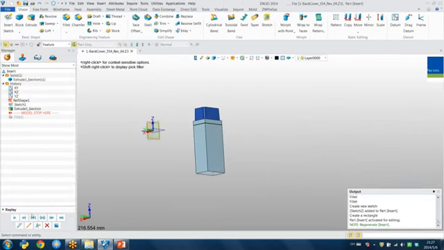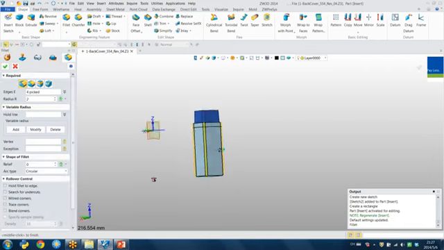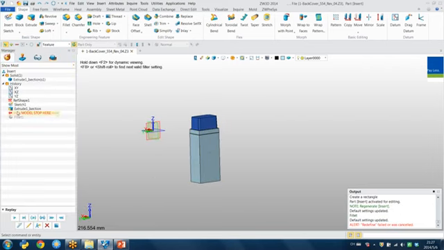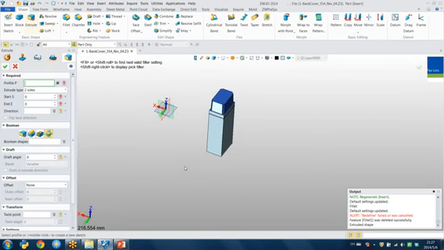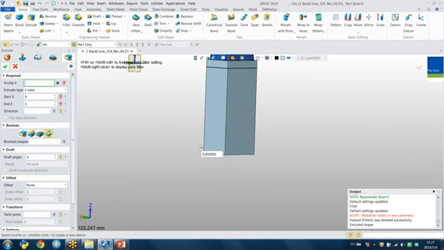You don't need to correct the sketch for this. You can use the extrude functions to correct the lip. Okay, so I select the edge